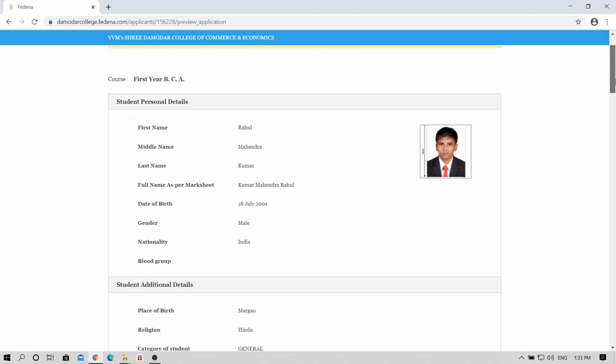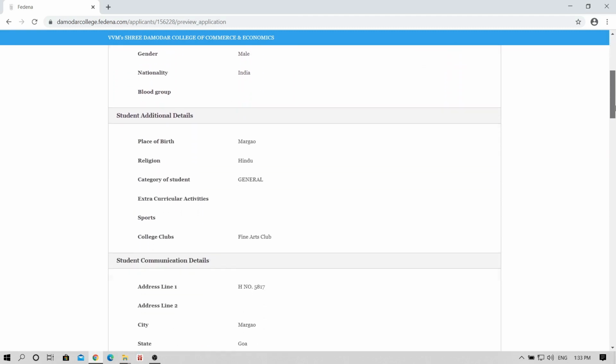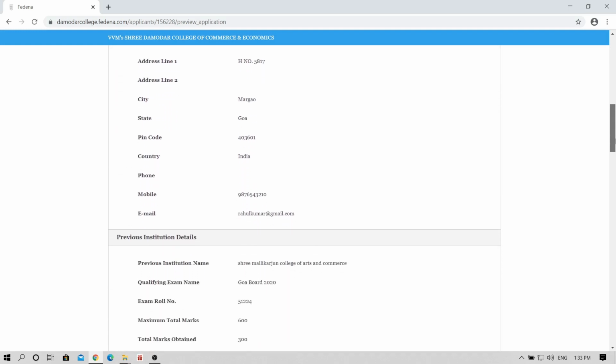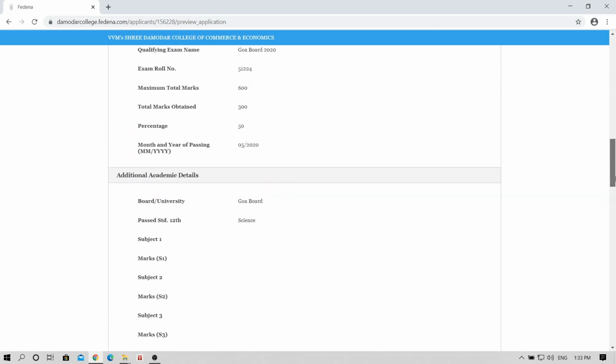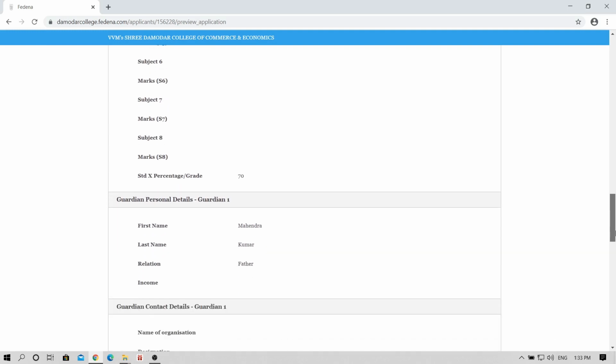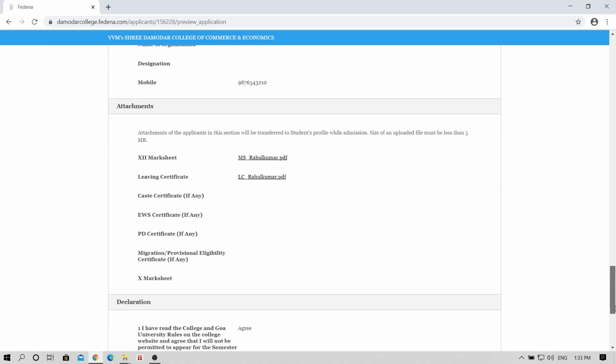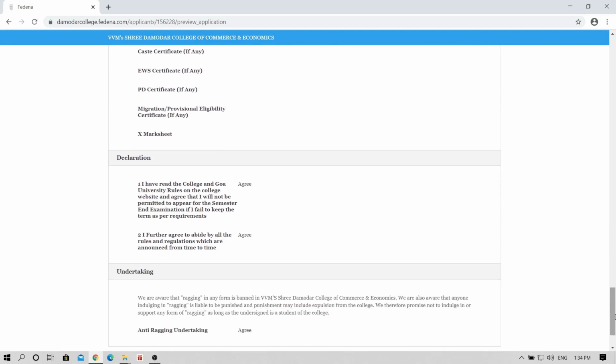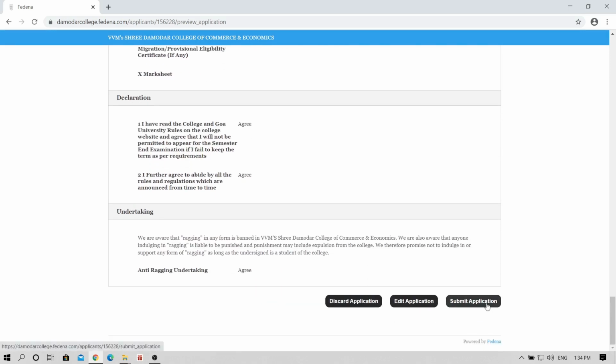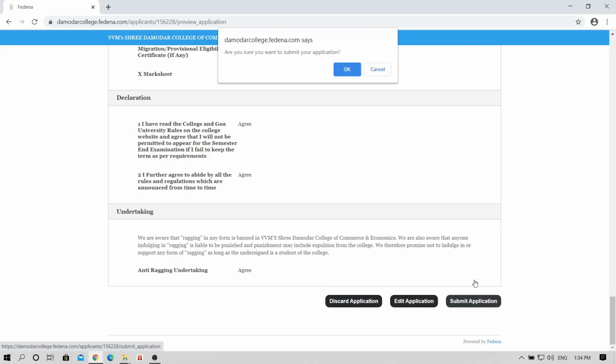Once again, your details will be shown to you. If all the details are correct, kindly proceed with the submission by clicking the Submit Application button. Click OK.